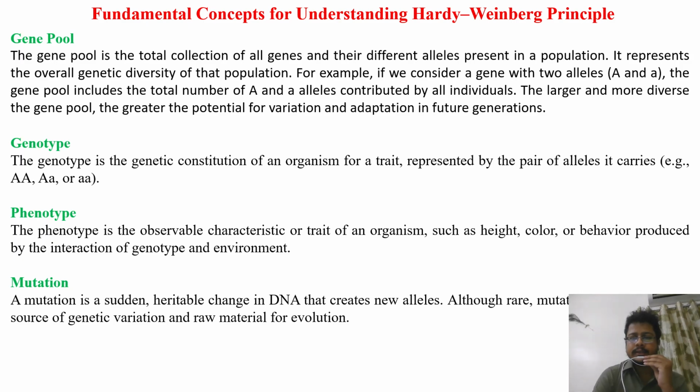Suppose it's a chromosome and it's another chromosome. So the allele is present in these chromosomes. So combining all these alleles is known as the gene pool in a population. So the more diverse the gene pool is, the greater the potential of variation because of mutation in this gene pool, and adaptation in the future generation. The genotype is the genetic constitution of an organism for a trait, represented by the pair of alleles